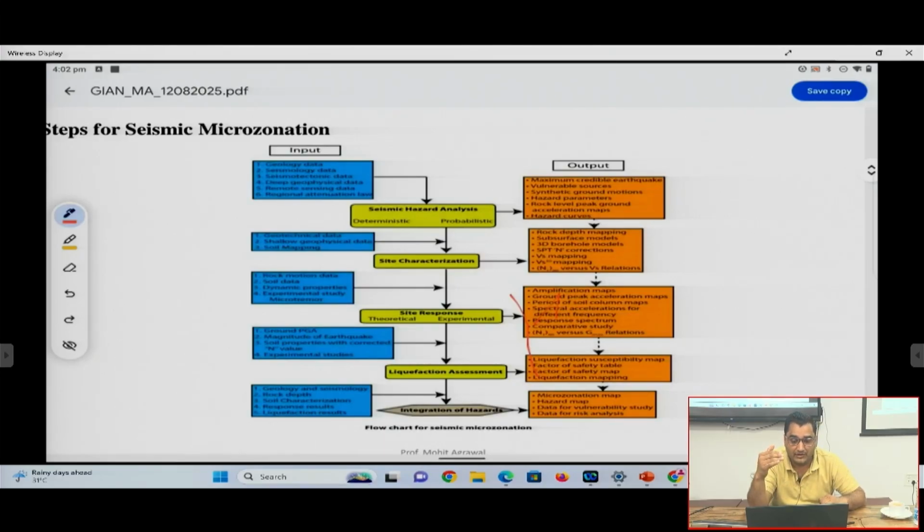Okay, so in order to do the characterization, you are going to perform some geotechnical modeling, or you need to collect geotechnical data. Or maybe you need to do some geophysical surveys, like HVSR, MASW. And you may also need to do the soil mapping. Okay, so when you do the site characterization, the output would be,